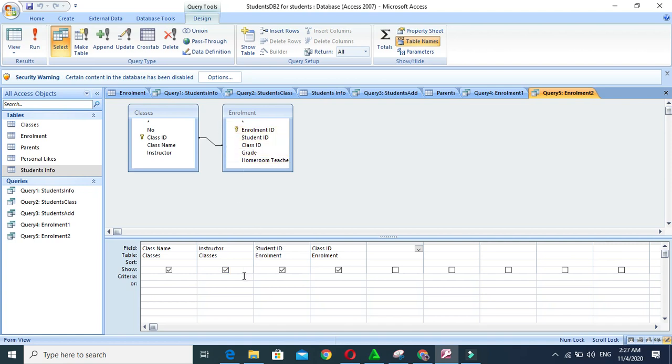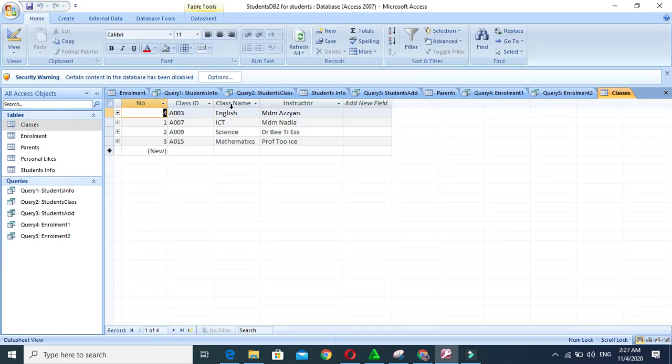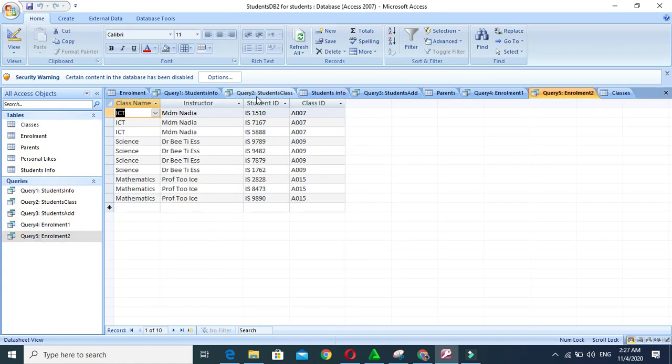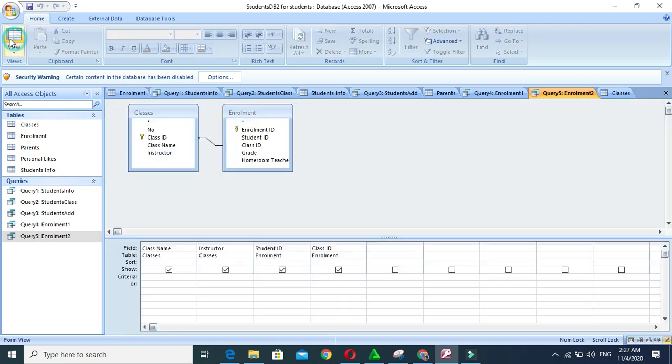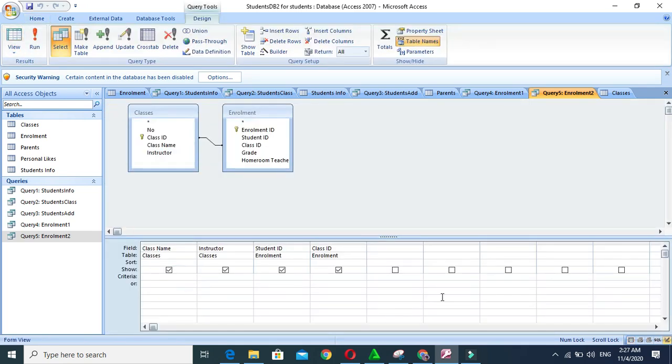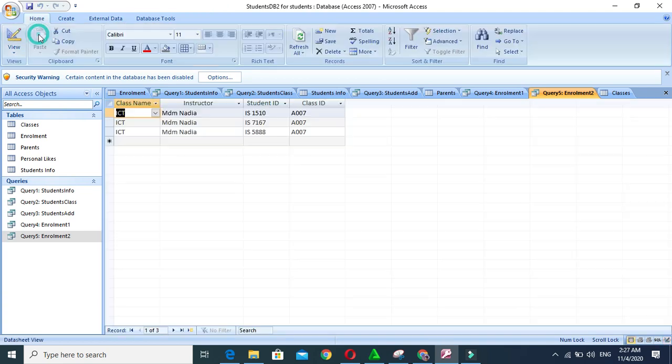Now I want to see those who are taking only ICT. Okay, equal to, sorry, class name. Let's go to class name. Sorry, let's go to query 5. I want to see those who are taking ICT. Class name equal to ICT. Run. You can see Madam Nadia is teaching